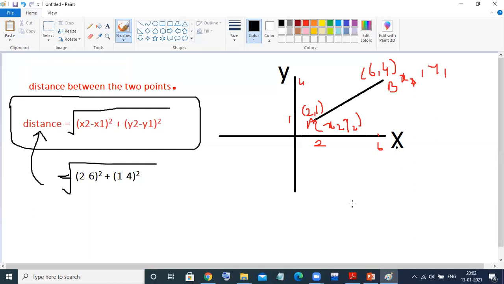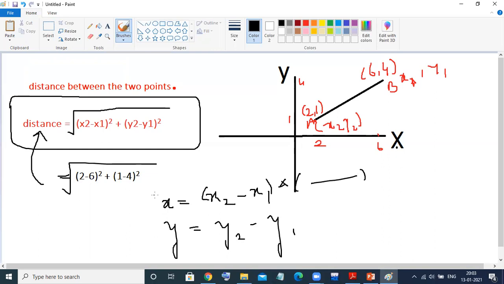Whenever I'm talking about the x coordinate, that means x2 minus x1, and whenever I'm talking about the y coordinate, that is y2 minus y1. This is also a simple idea. You first calculate x2 minus x1; since it is a square, we need to repeat it, then store the value, and directly you can take the square root of this also. How you evaluate is up to you, but we need to put all these values inside this formula.